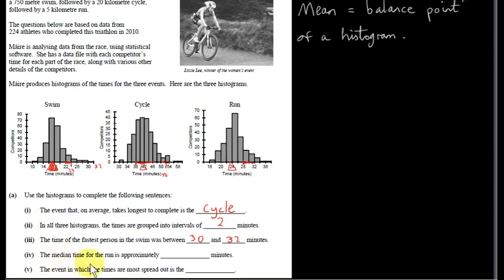Now we're interested here in the median time for the run. Now the median time is the time that cuts the area of this histogram in 2. It's not the same as the mean. So we have to look at a point along the horizontal axis here, such that when we take that point and use it to cut the area of the histogram into 2 parts, then each part will have the same area. So we want this part here to have the same area as this part here. And if that's the case, then this here is the median time.